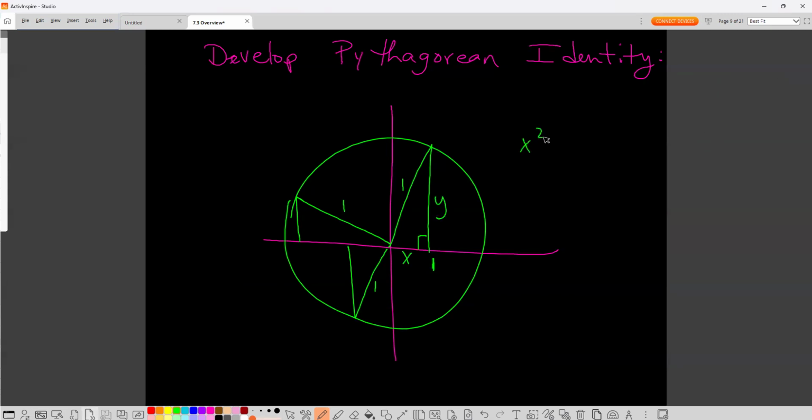So isn't it true for a right triangle, x squared plus y squared, sum of the square of the legs equals the square of the hypotenuse? But if you were just listening on the last problem, we always said on these, sine equals opposite over hypotenuse,